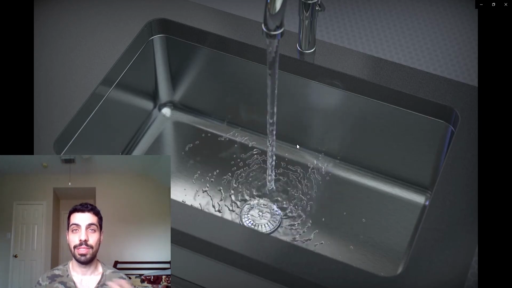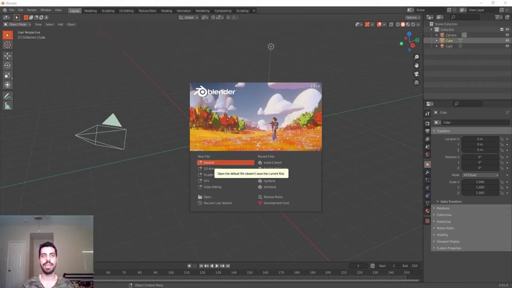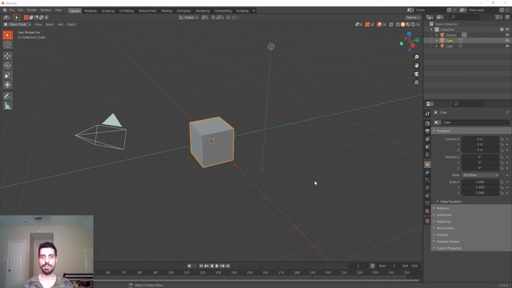So let's begin. When you download and install it, it's going to make you go through some initial user interface settings. Yours might look a little different than mine, like the colors and the highlights. Then you have to go to New File and General. This video is not a Blender tutorial per se, but I'm going to go over some basic introduction